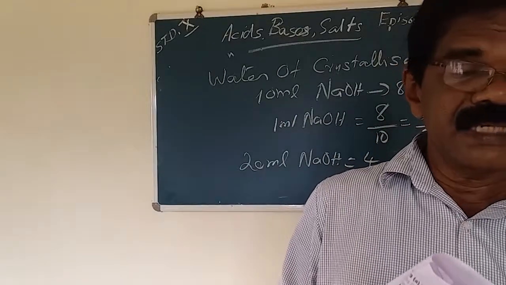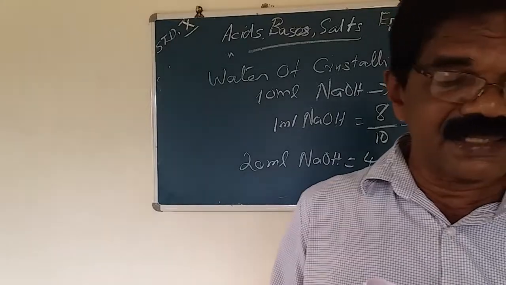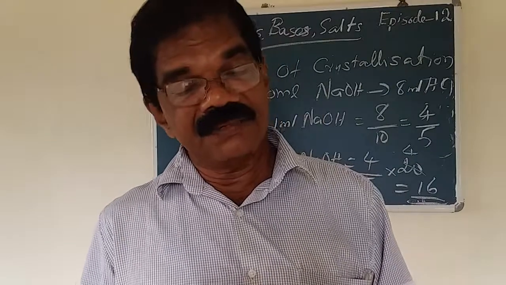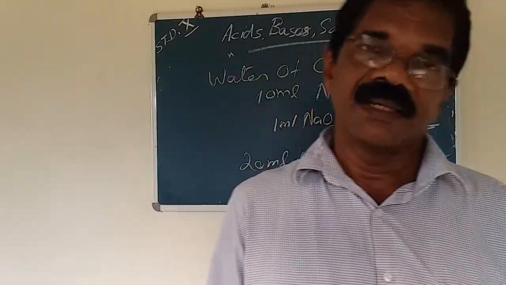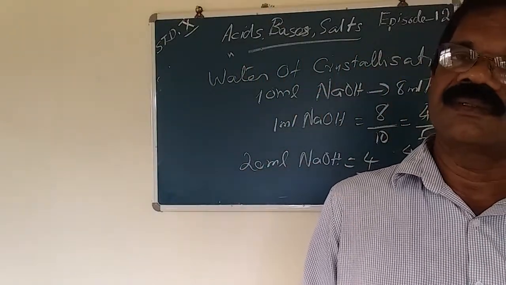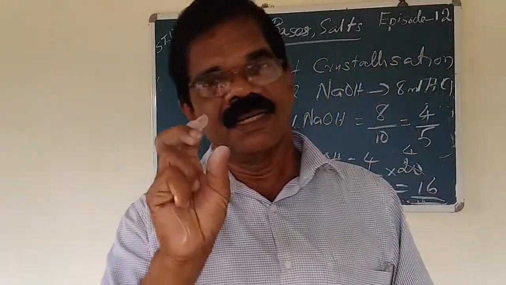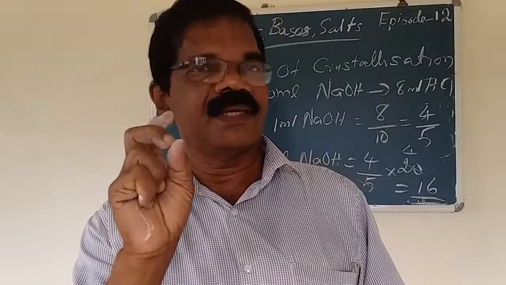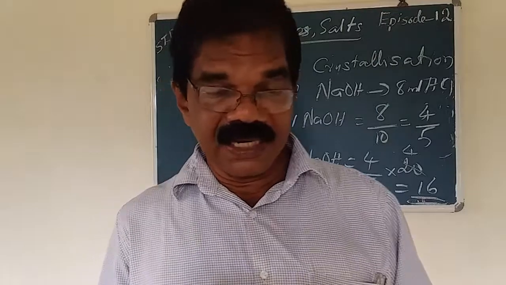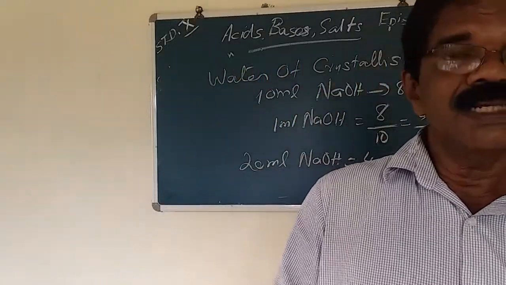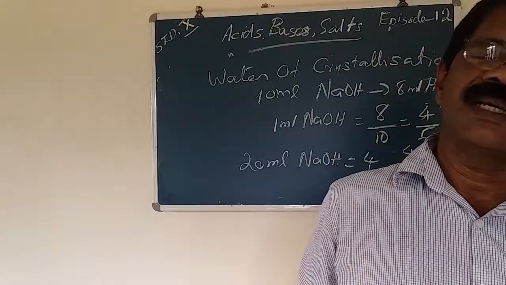Next, compounds such as alcohol and glucose also contain hydrogen but are not categorized as acids. Describe an activity to prove it. I said to you today that some substances that contain hydrogen are not acids. For a substance to be an acid, what is the required condition? In the presence of moisture, it produces hydrogen ions. Acetone, glucose or alcohol does not undergo dissociation and does not produce hydrogen ions. So they are not